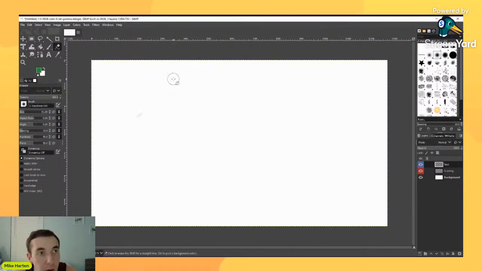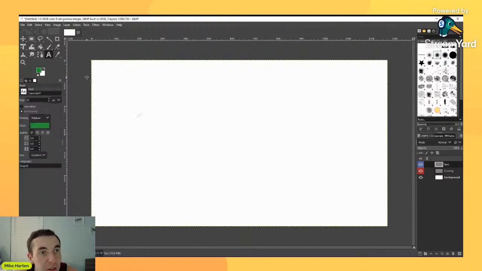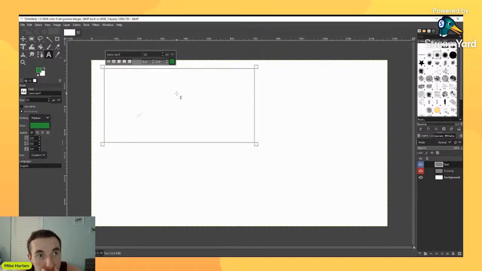Okay. So we got a new layer for our text, and let's see this out. GIMP has pretty good typography options. So I'm going to open this up. And I can see here, I always have like a shortcut here. We can change things around. So let me type